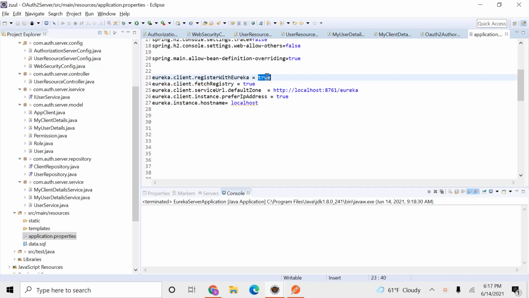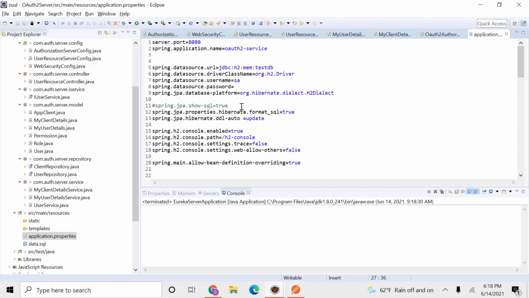So this is set to true, and it has to fetch the registry from the Eureka server for load balancing. And the third one is the default zone, which is the URL of the Eureka, and we prefer the IP address, and finally the host name is localhost. So these properties must be set here in the application.properties file, and now this application will be a Eureka client